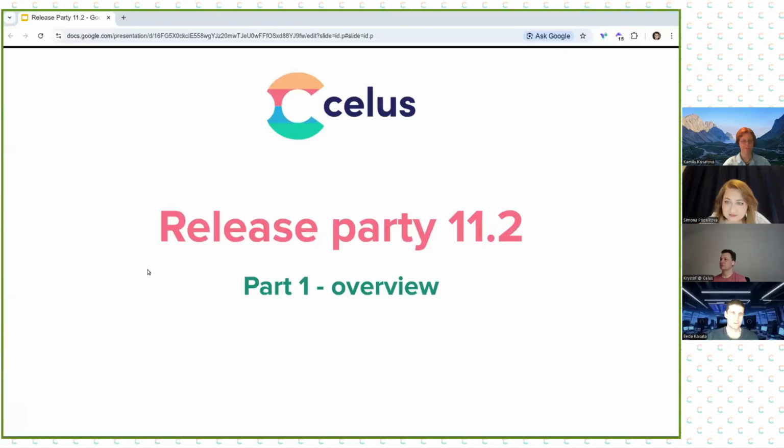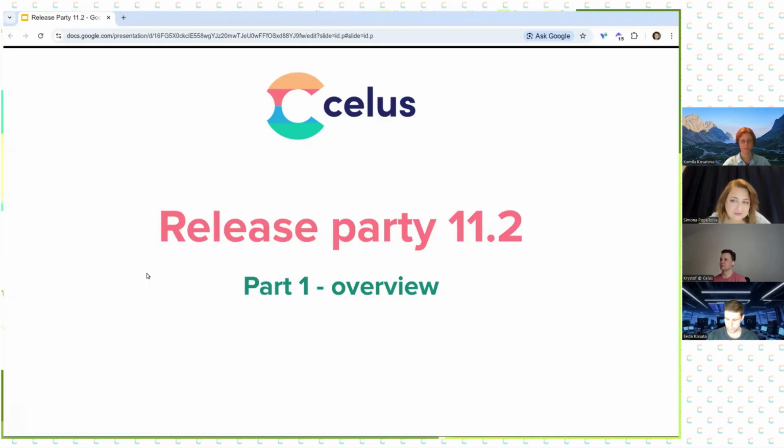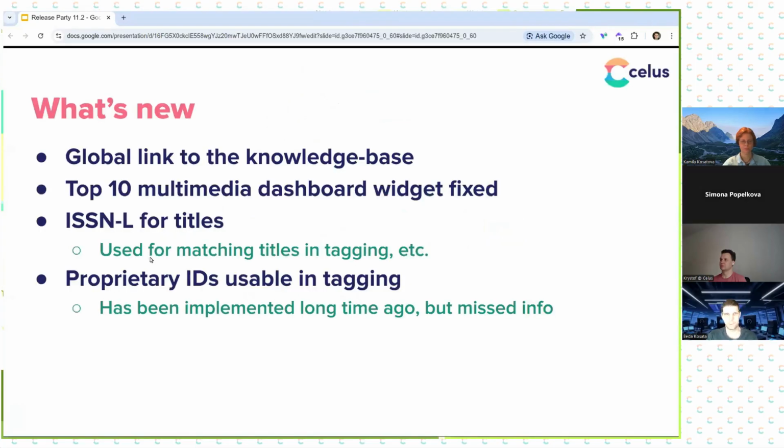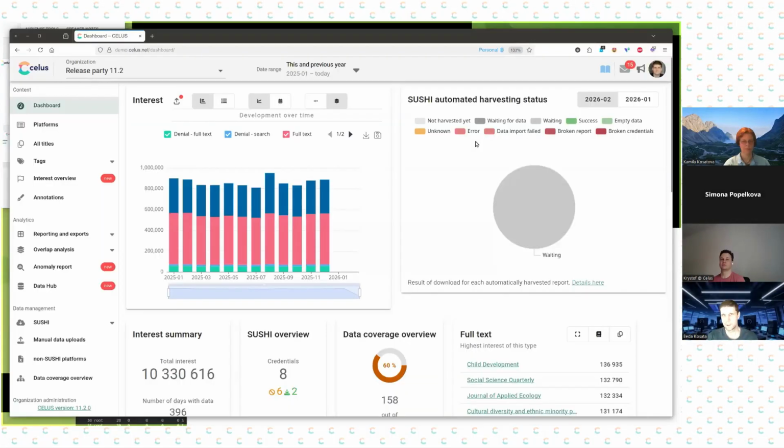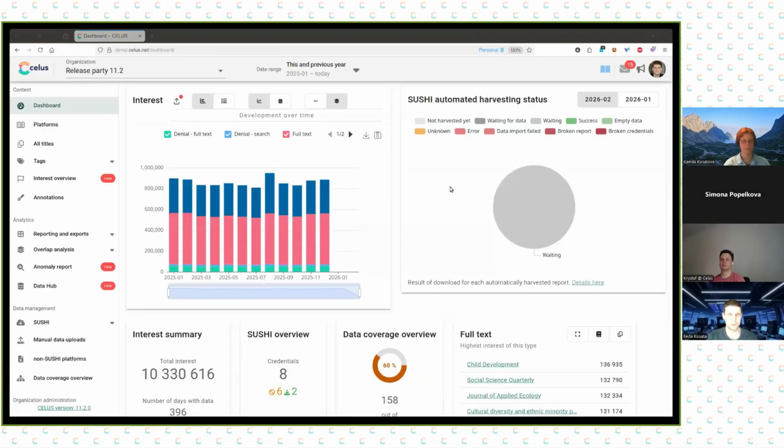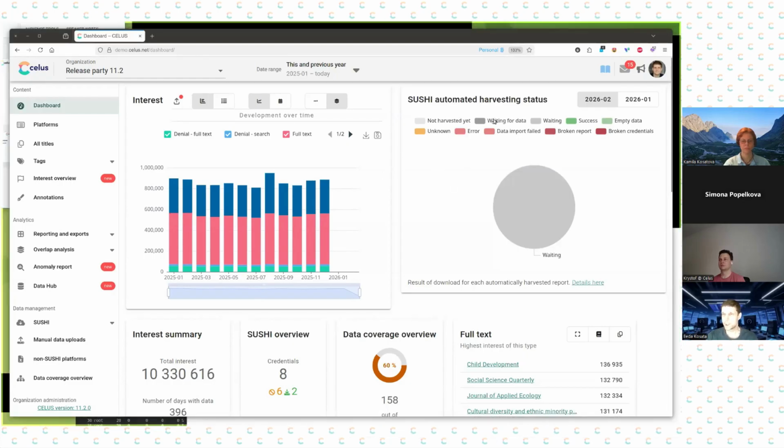So I will now share my screen. I have prepared some slides, but I will be mostly walking you through CELUS as usual. So let's start with some of the new stuff. So I will immediately switch back to CELUS, and so this is our demo instance of CELUS, and right at the beginning on the main screen, there are